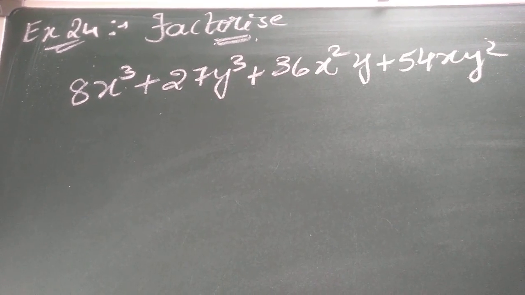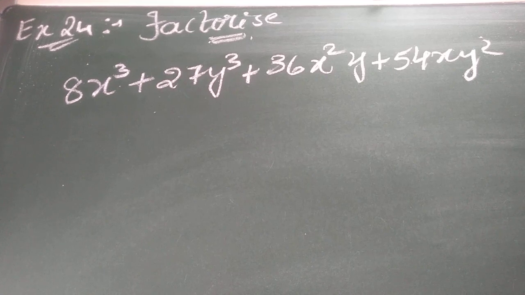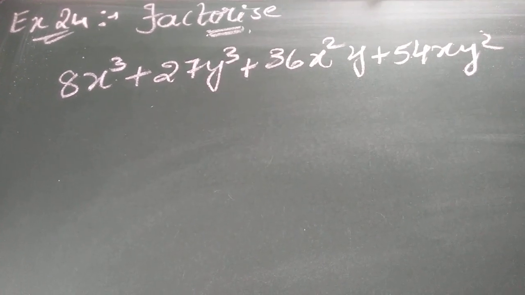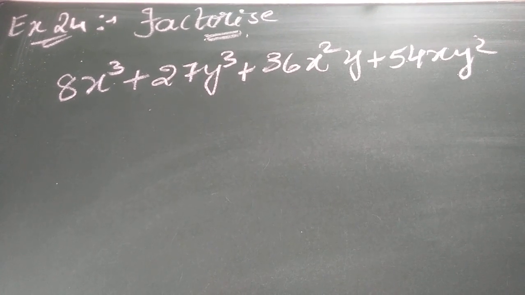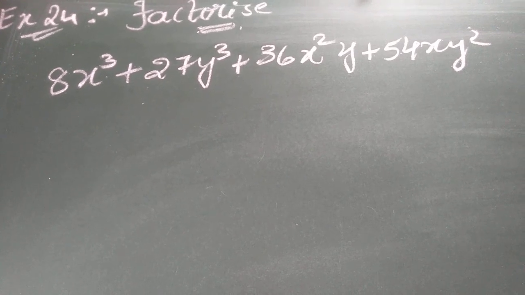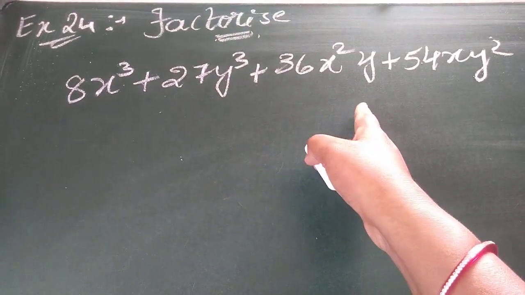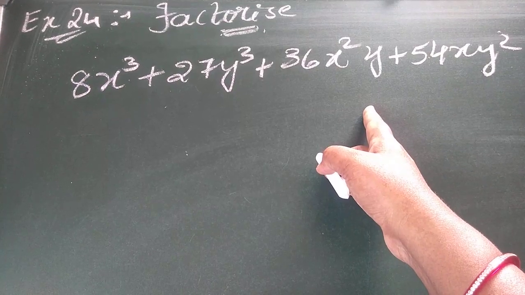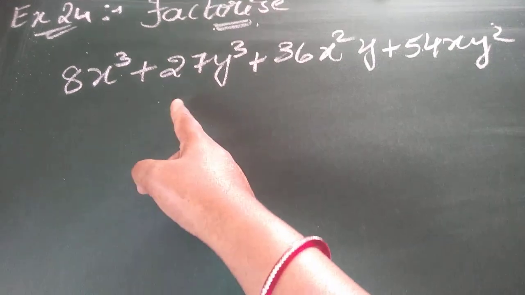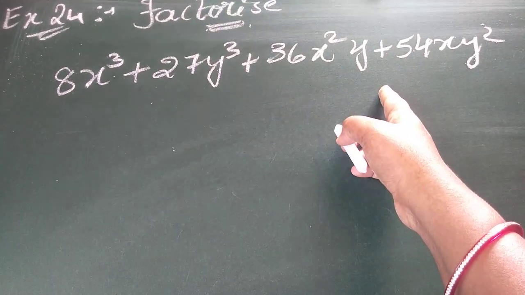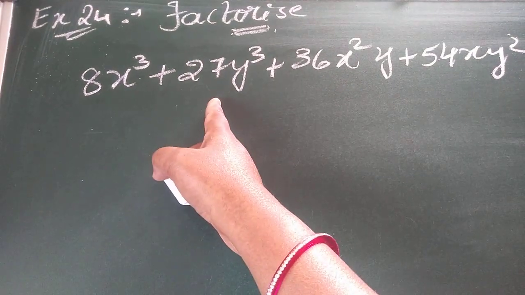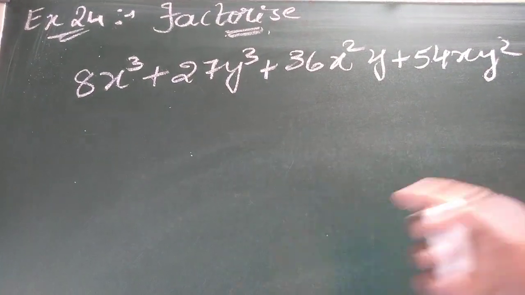So here is your example 24, children. This is factorize. Here they have already given an expanded form. Now you have to write the identity which matches this and write the solution for this. So all are positive, means I can go with the x plus y whole cube formula. Am I right? See here, x cube plus y cube plus 3x square y plus 3xy square. But here it is not a whole cube. So first arrangement I should make it as whole cube.